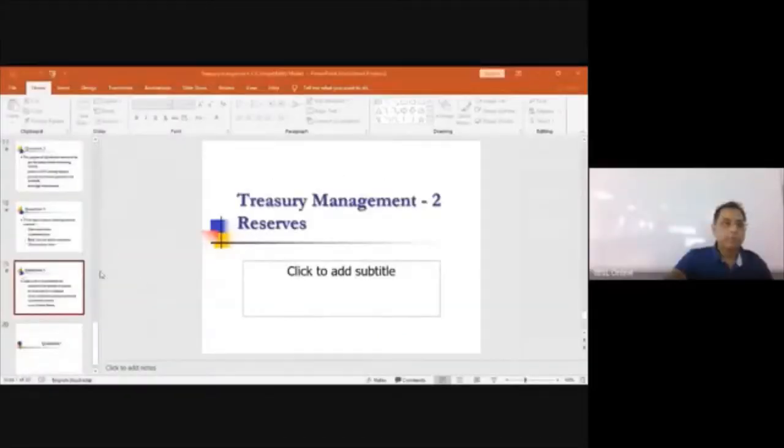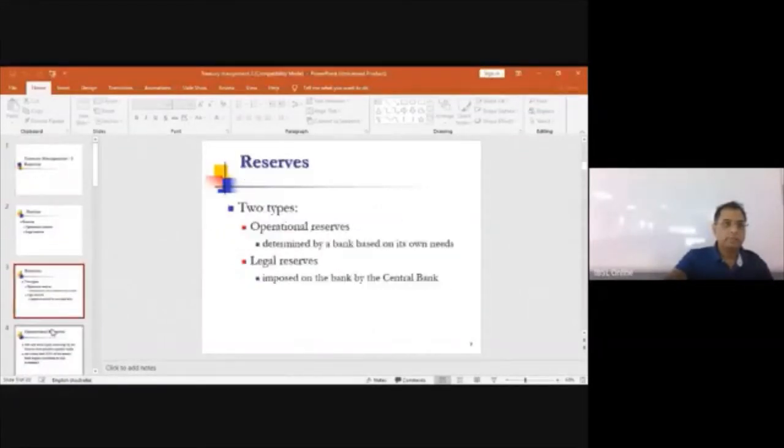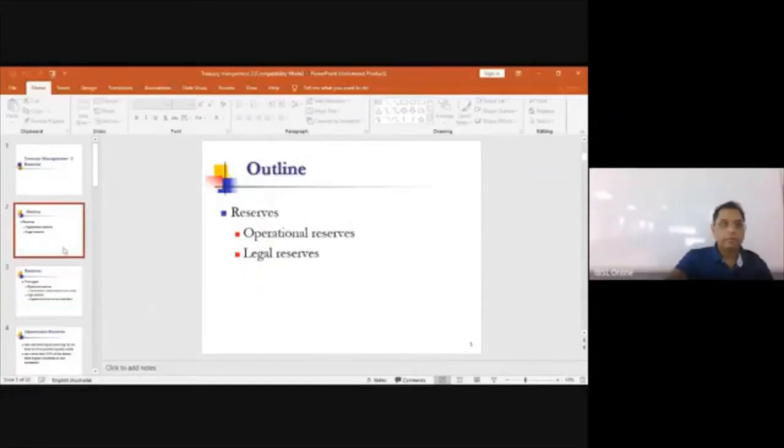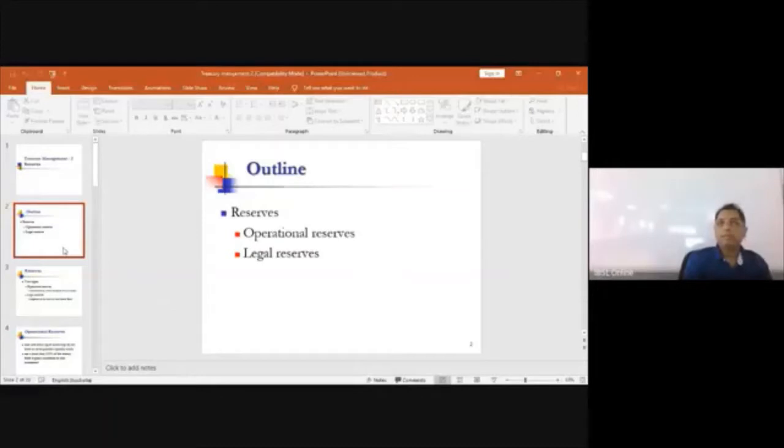recap before doing that. The basic idea behind this session was to give you a more in-depth outline of the reserves, operational and legal reserves. So basically to make you understand that the bank has obligations in terms of the reserves it has to make given by the regulator, as well as it has to also manage reserves for operational requirements like any other organization as well. And then we went into the factors that determine what kind of operational reserves they have to maintain outside of the legal requirements based on their cash flow projections and portfolio mix and the risk that they have,